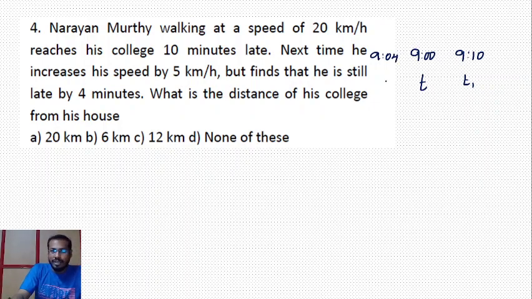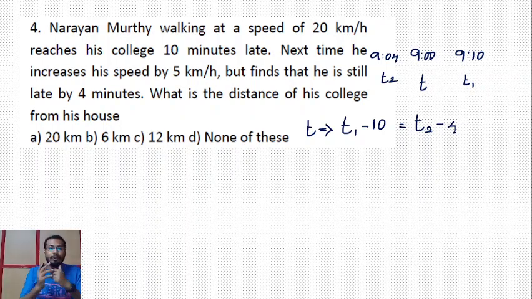He will never go to the college at the right time, I think so. Anyway, we want to reach the college at the right time. I want to reach the college at T, right? So now I am reaching college at T1, so T1 minus 10 minutes. On the other hand, T2 minus 4 minutes. Both are negative because both are too late, right? And now just plug in the values. T is what? T1